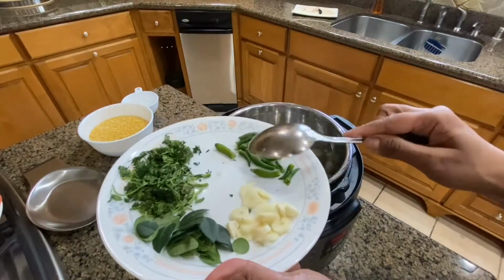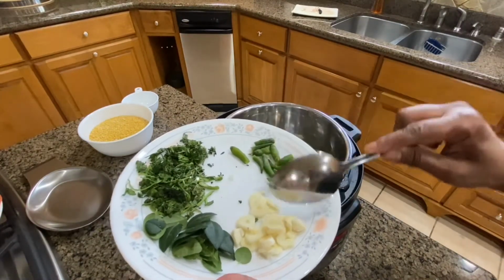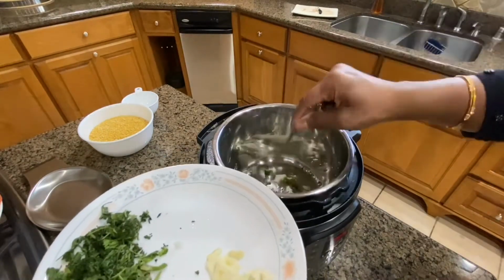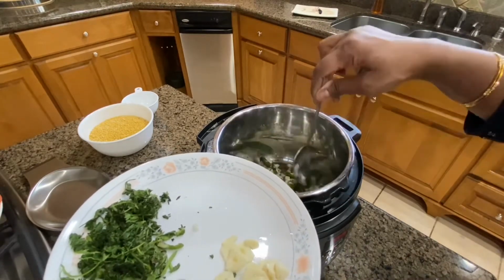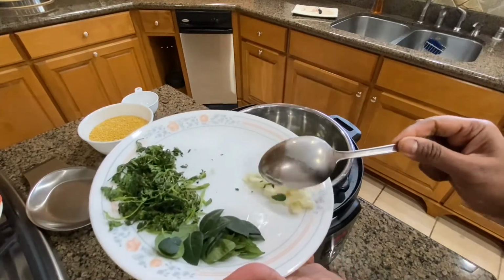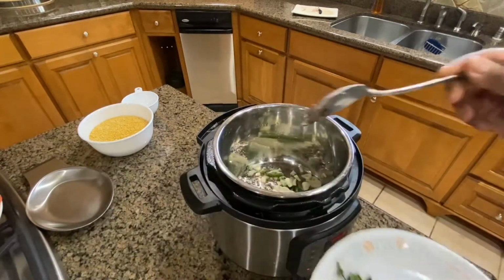And I added 6-7 green chilies, each cut in half. You can add more green chilies, it's up to your taste. Some people like it very spicy, some people don't. You can add 1 or 2. It's up to you. So when you add onions, green chilies, and especially garlic,